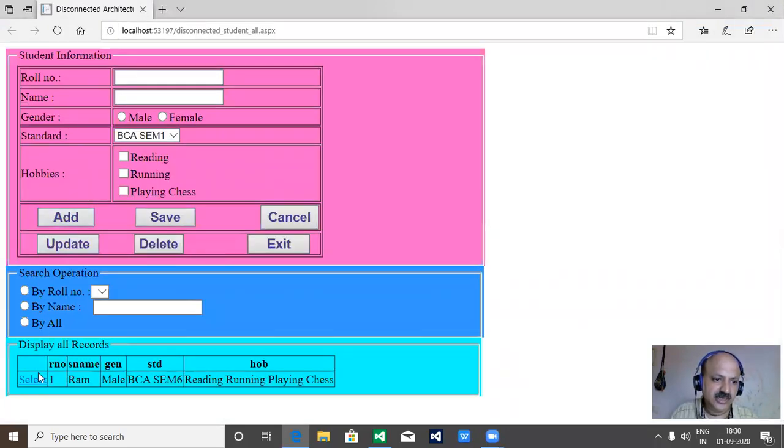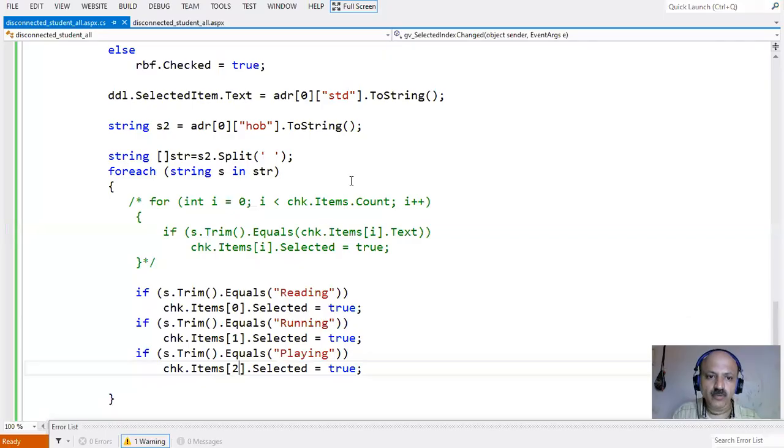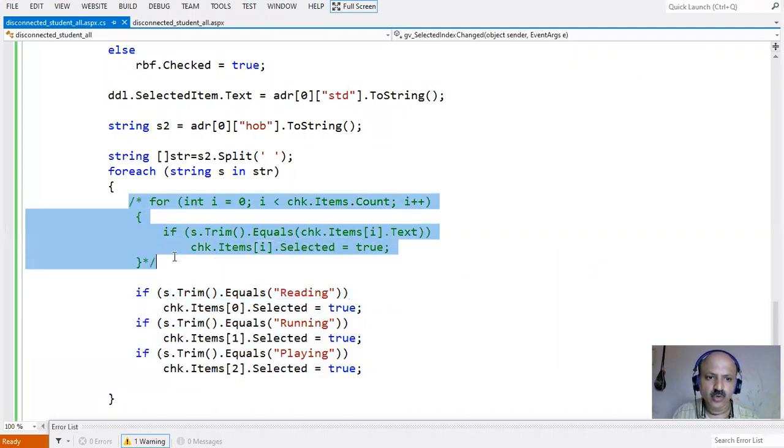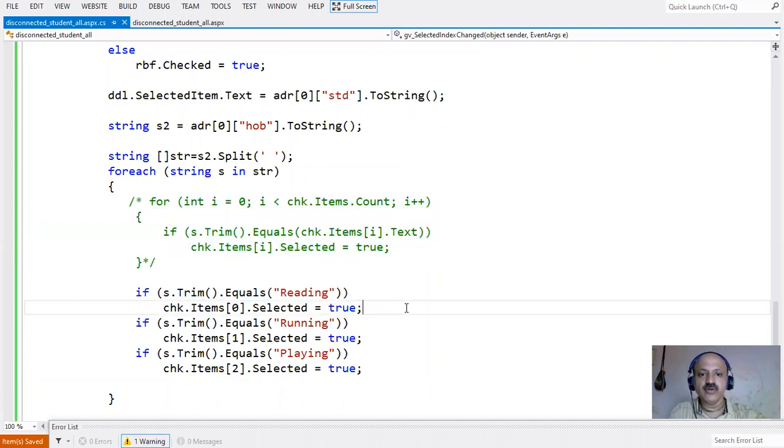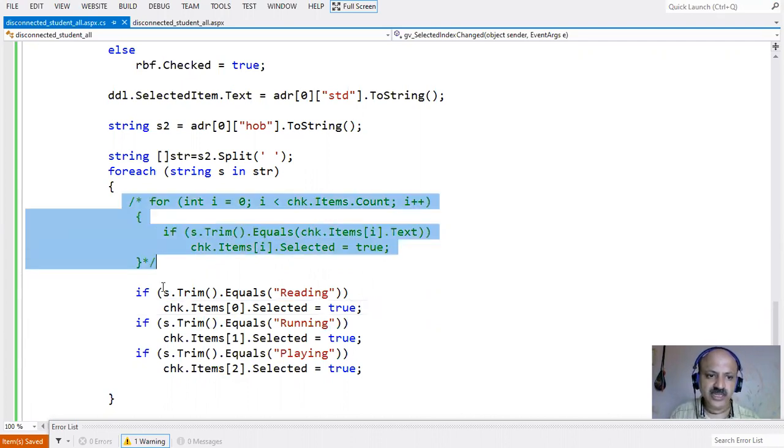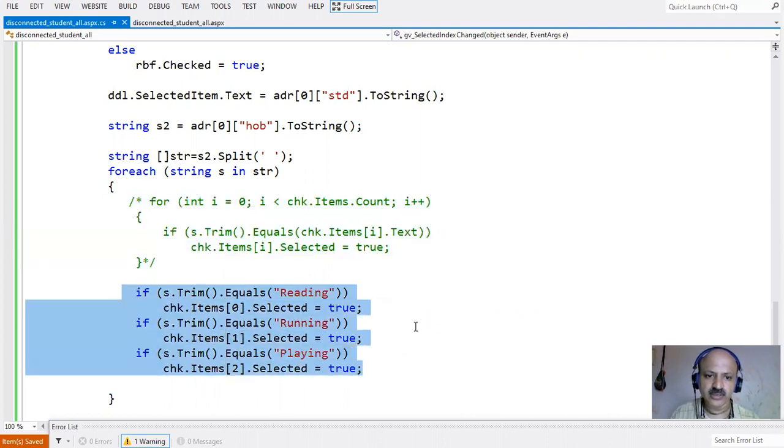Yes, so I just select. Yes, all are selected now. Okay. So there is difficulty when a hobby has two words. For one word we can take the for loop, and for two-word hobbies you select that item individually. I also take this for loop if you select, that is very simple, but that is used in the one-word case. So there are two logics here: one is for only one-word hobbies, and for two words, if compared here, we can only check the first word, the other word I cannot check.